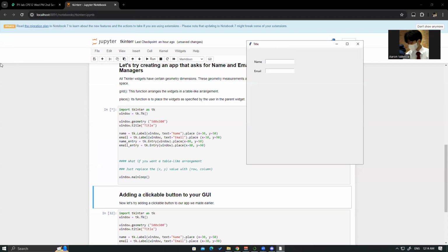As you can see, we managed to add entry in our application. Basically, entry means we can input something in the tkinter. So let's try adding my name, Aaron, and my email, Aaron Valencia.